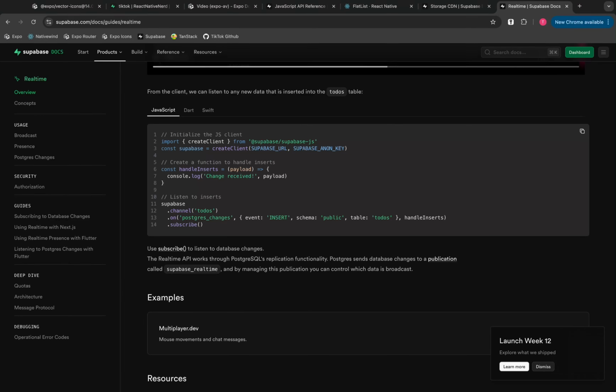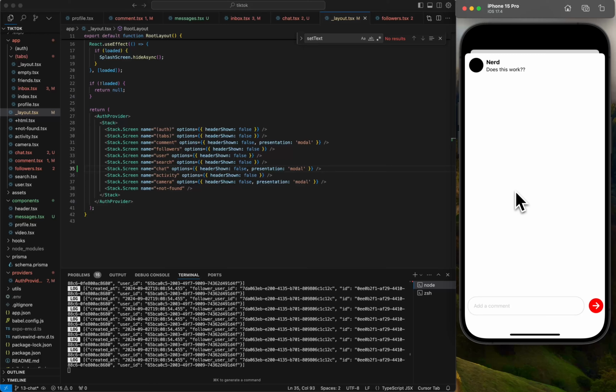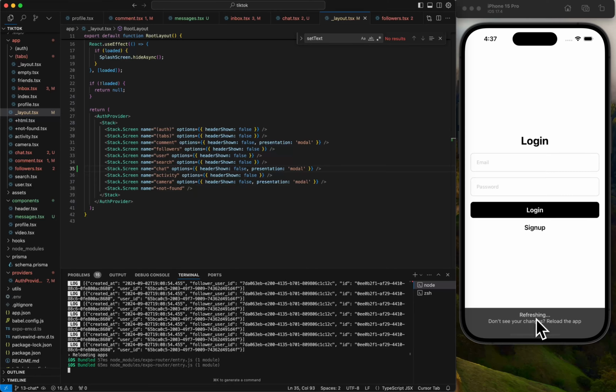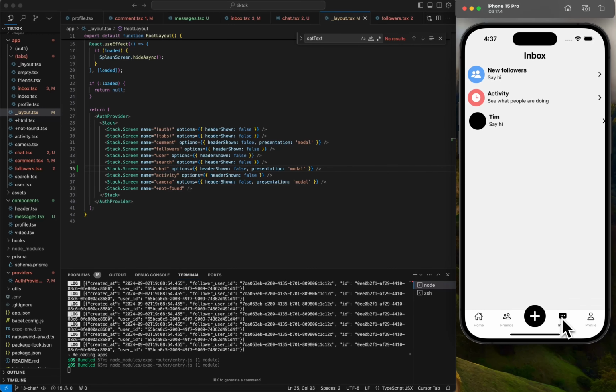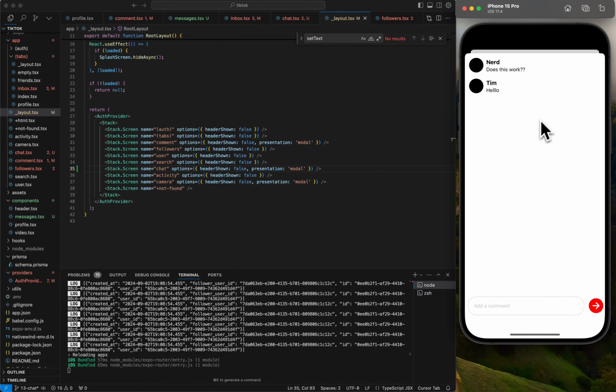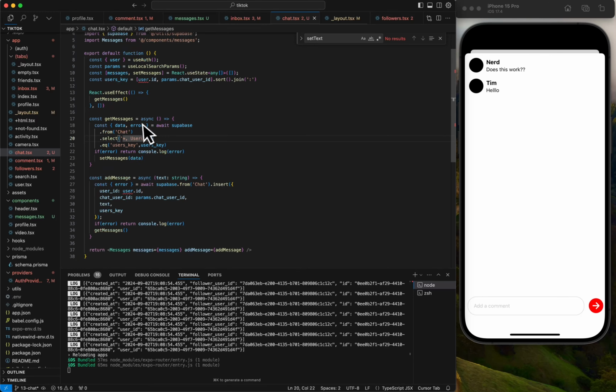Hello. That if I send a message right now, it shows up on my other device, but then it doesn't show up here until I reload it. So what we want to be able to do is to listen for changes on the chat. So we're going to go to chat,